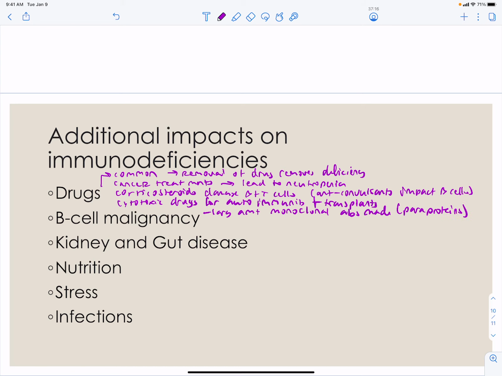And therefore, they're going to lower the ability to respond to pathogens. You also have thymomas, which are rare and can lead to